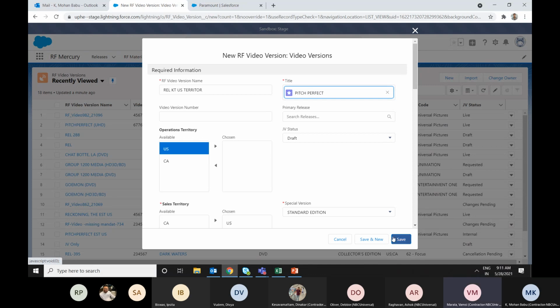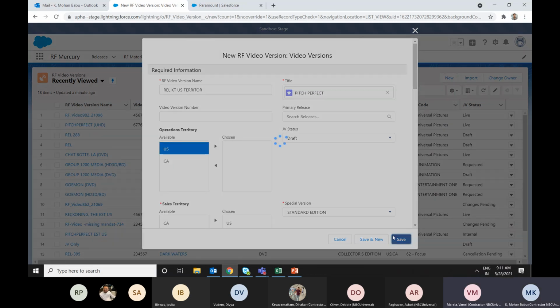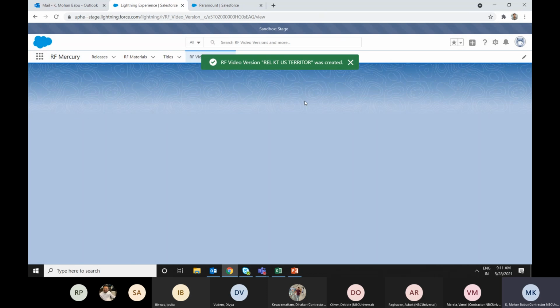While creating a video version with a title, specifically a title related to GTM, by default one VBOM item will get created for the particular title.